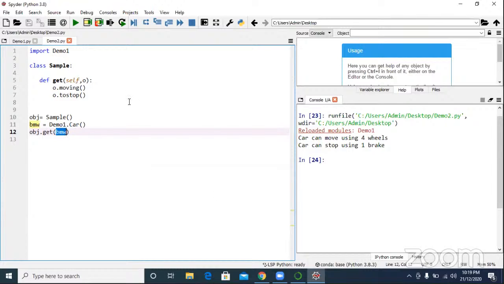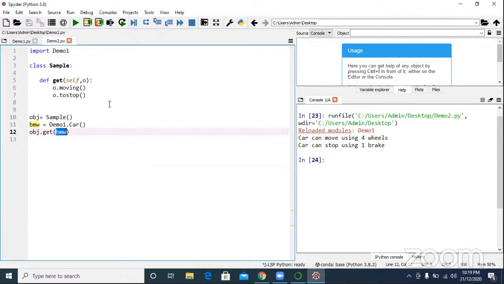Sorry madam, value we can pass. I showed you, I have passed 100, I have passed 4.5. Anything we can pass. But suppose in this get method I'm changing the value of O, how will you change the value of O? Suppose it was a string and I'm setting some value to that, so the original value will get changed, right?